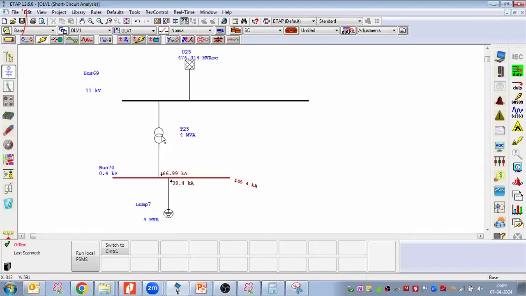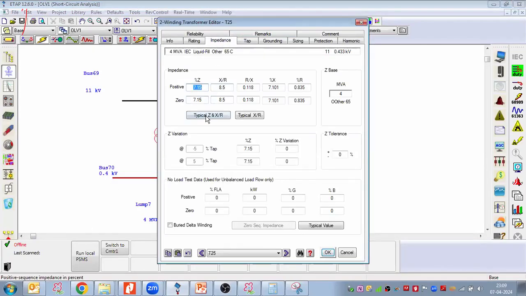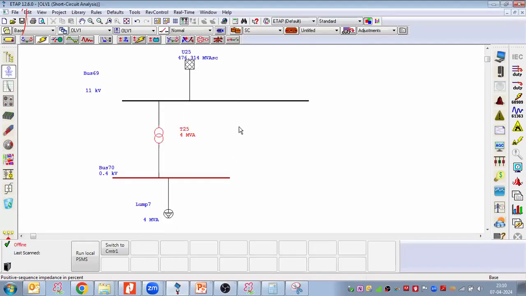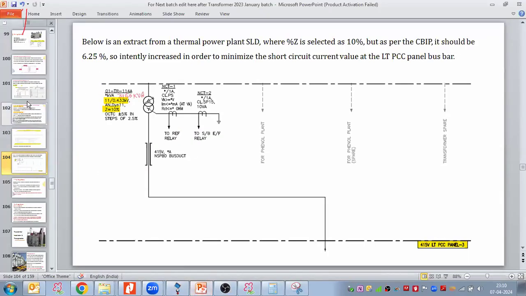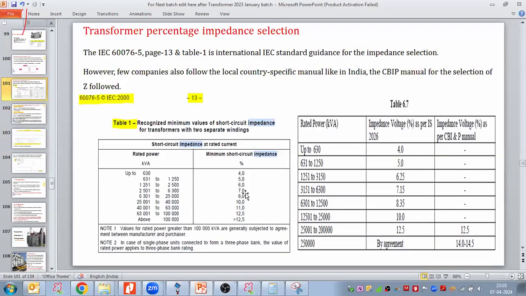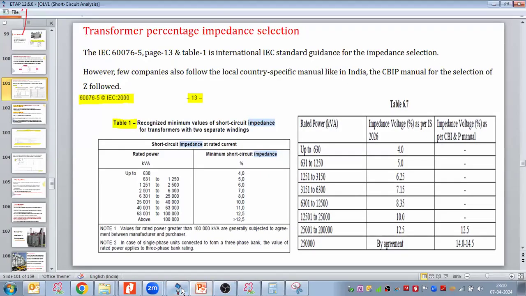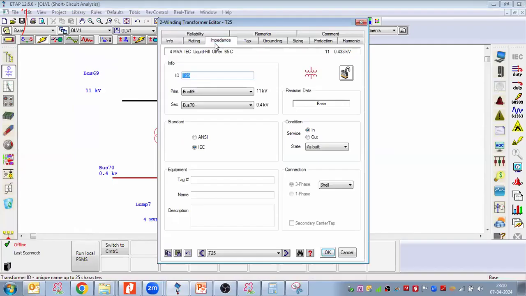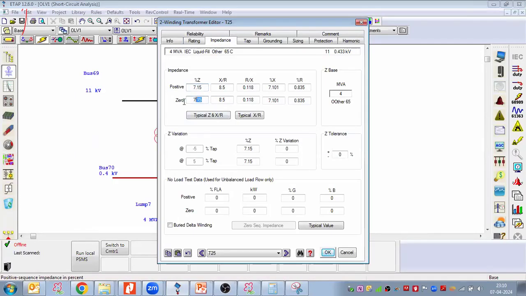It is high. In that case, let us see the impedance. We have taken impedance 7.15. This ETAP also takes the IEC only. So this is 4 MVA. As for the 4 MVA, what should be the rating? 7 percentage for the 4 MVA. So here they are taking 7.15 percentage, right? Yes. Now what I can do,